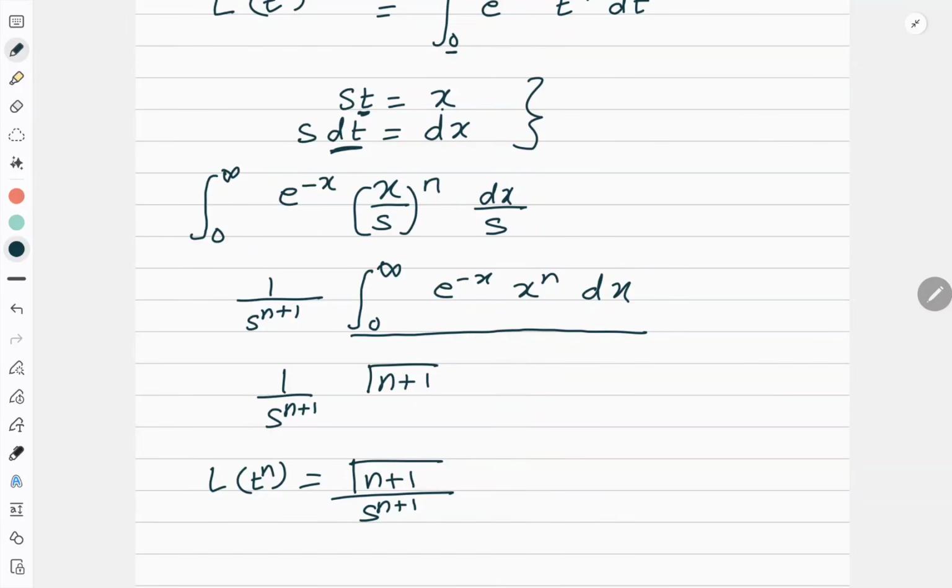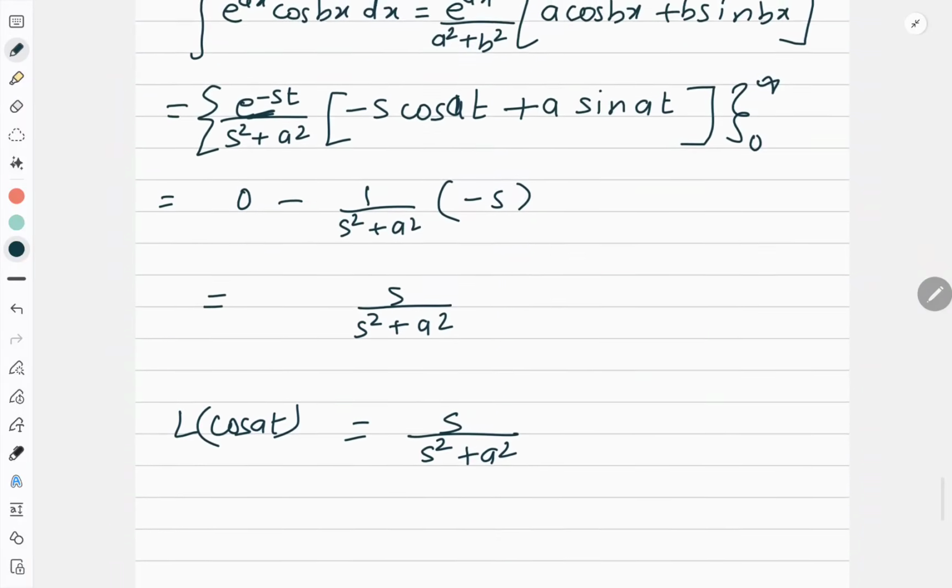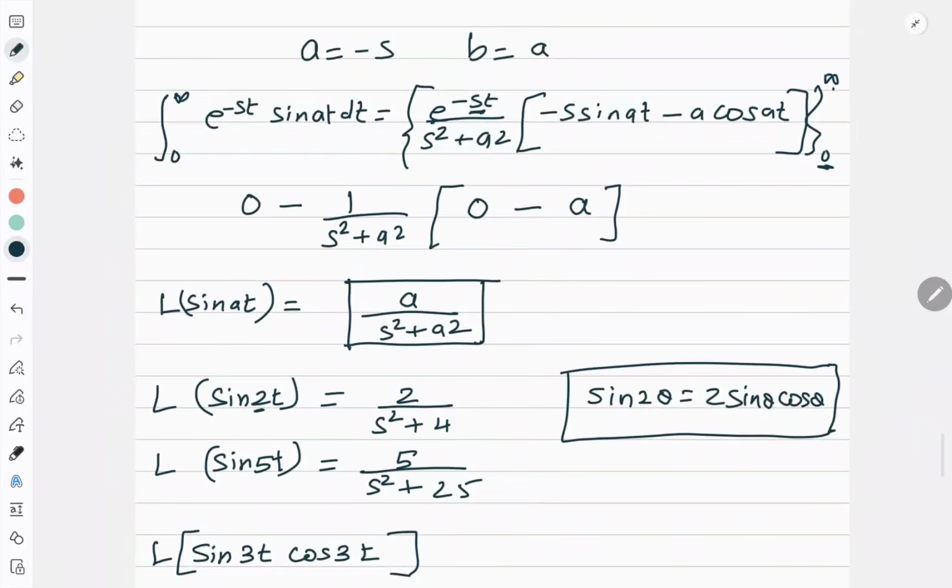Now this gamma is new for you. Okay. Now I will tell you what exactly is gamma so that at least you can do the questions. Now from this you are very clear that gamma is basically an integral. Okay, this type of integral. So gamma n plus 1 is equal to n factorial upon s to the power n plus 1. So for t to the power n, I have two formulas. Let me go back to the list of formulas. I'll explain you there.